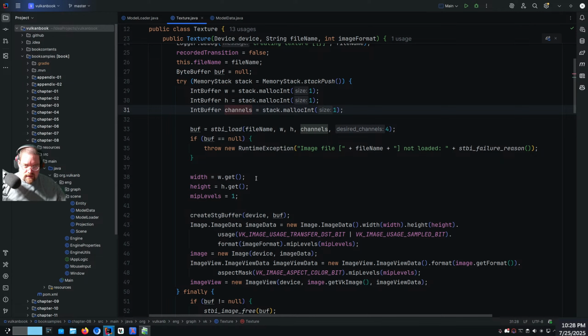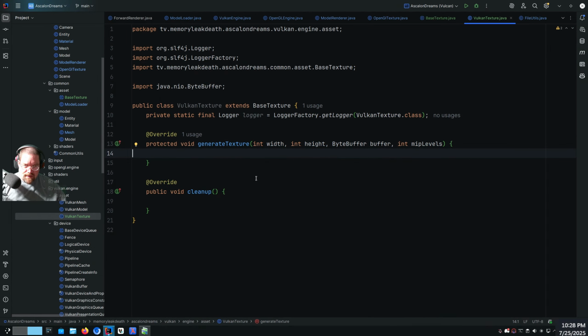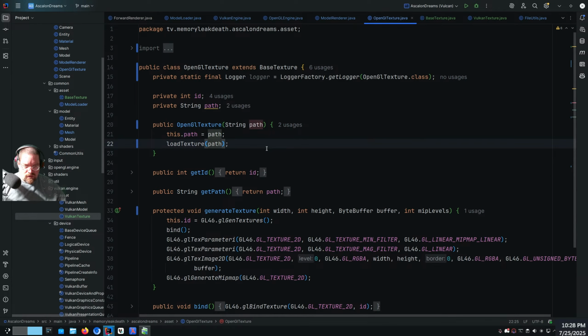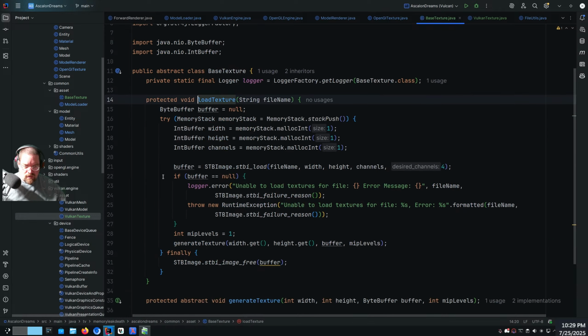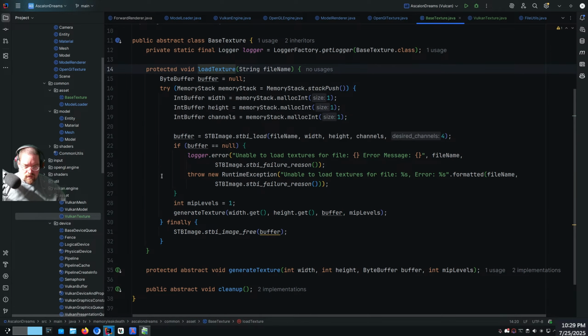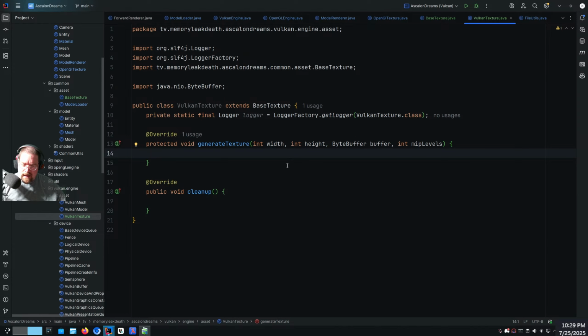So how do I get the, forgot something very important. Oh no, I didn't, because I called width I get, height I get, buffer, mip levels. Okay, so width, height, mip levels, that's called into generate texture. Okay. No, I didn't forget. I'm like, how did I forget that? Anyway,